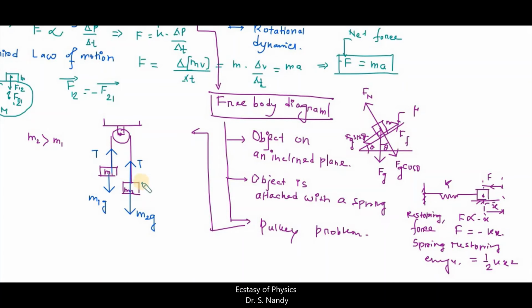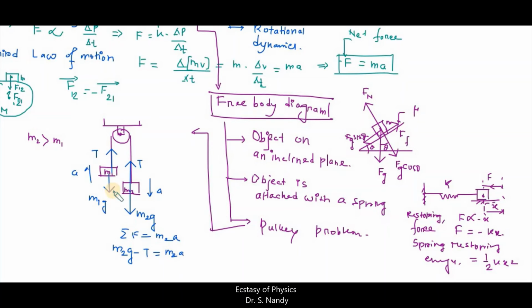And since it is moving downward and there is a net force exerted in the system, from Newton's second law of motion we can say there would be an acceleration in the downward direction for m2, and the same acceleration for m1, because both are connected by a single string, but it would be in the upward direction. Now for the second object, the summation of F is equal to mass times acceleration, where the mass of the second object is m2, and that expression we get from Newton's second law of motion. Here the net force would be downward, since it is moving in the downward direction, so m2g is greater than the tension, so m2g minus tension is equal to m2a.